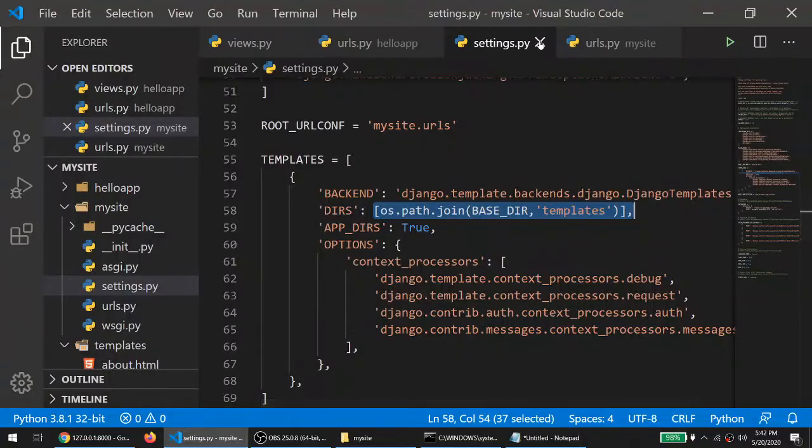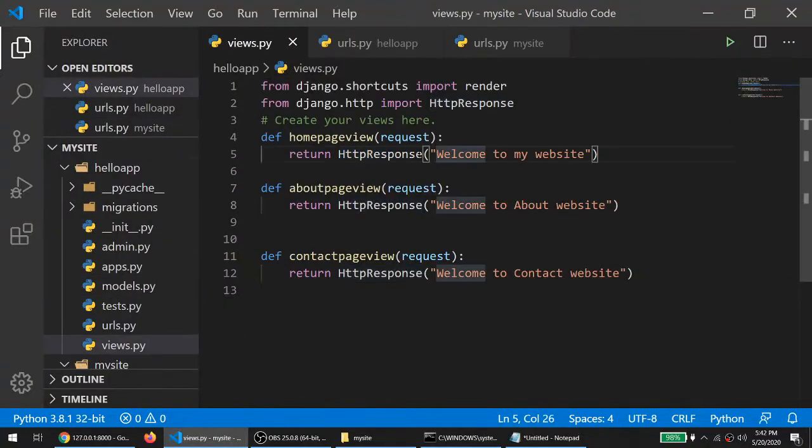Now the next step will be, I want to render this HTML file over here, right? So what do we have to do? Instead of this HTTP response, we have to render our file. To render the file, just simply delete this HTTP response message and render my request as home.html.